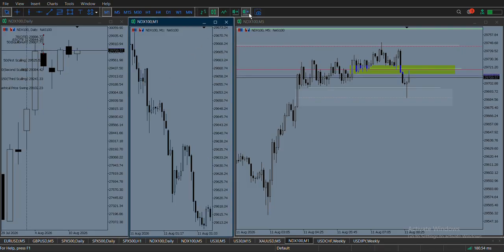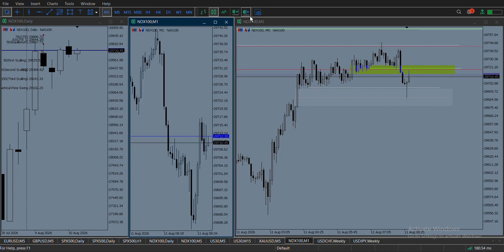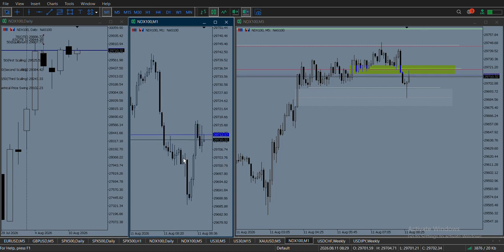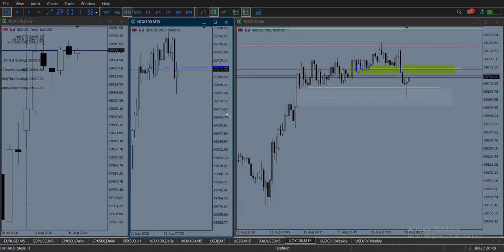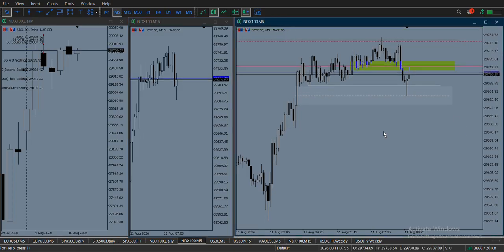So you can look at this 1 minute, how it's behaving. You can see the run lower here, and then we have this retracement back up into this inefficiency. So now that we've had all of this price action, my bias is still bullish. Still, I'm looking for higher prices. I don't want to be selling it. I predicted this kind of price behavior here. It's just that it came later on